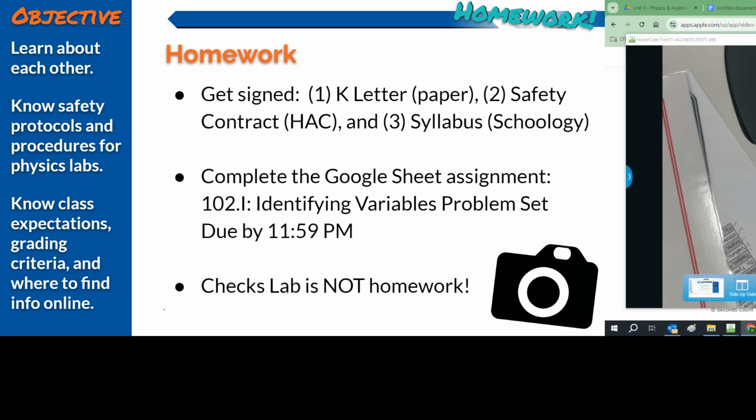I just wanted to remind you of these things I need to get signed from you. I did get everything into the Schoology course, so if you were looking for information on how to get the safety contract signed, or the syllabus acknowledgement, I did forget to put it in there yesterday afternoon. It is in there now, though. It was the first thing I did this morning. So make sure that you get those taken care of. And again, if you still have your K letter, you can bring it up here. Okay, so again,